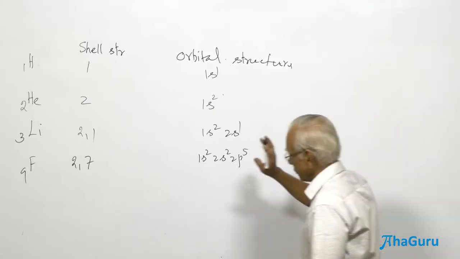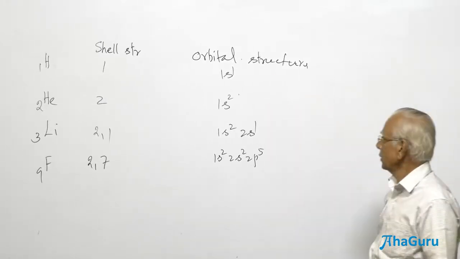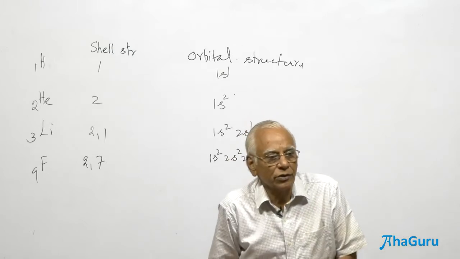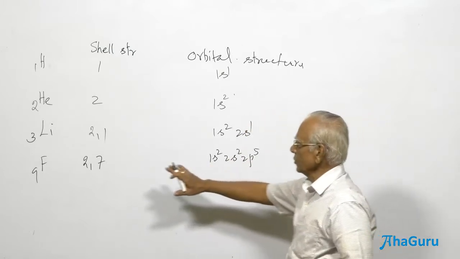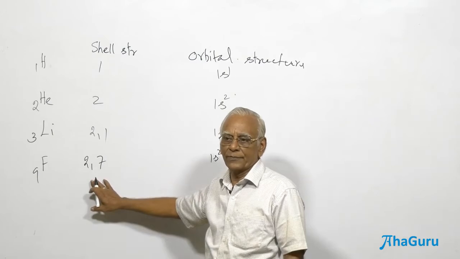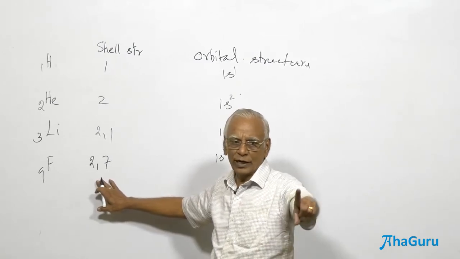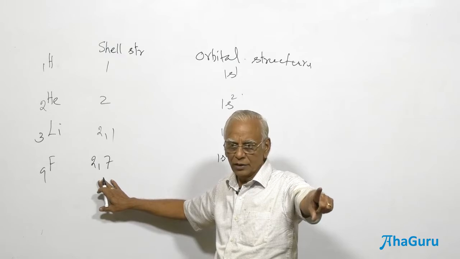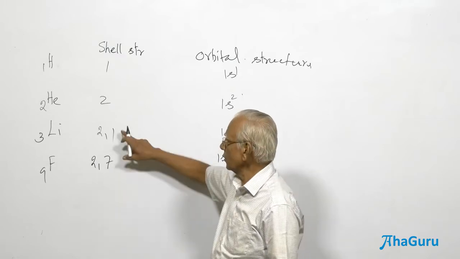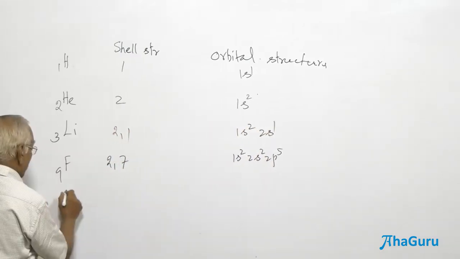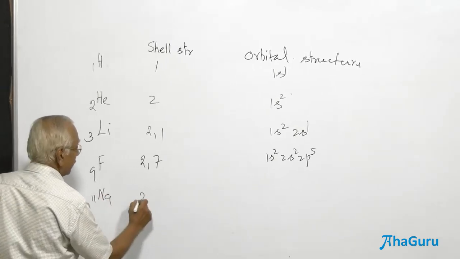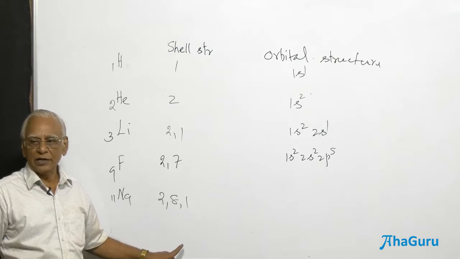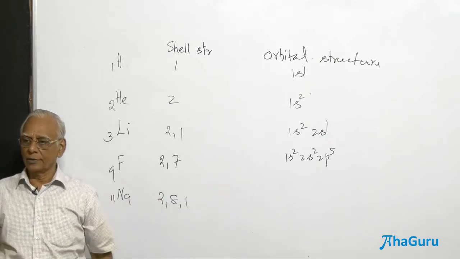Write the electronic configuration. Now, what is the need for orbital structure? I am able to know the valency is 1 in the case of fluorine. Why? Because it requires one more electron to complete the octet configuration, isn't it? In the case of sodium, let me write sodium. Atomic number is 11. Therefore, it is going to be 2, 8, 1. And to get the octet configuration, I have to shed this single electron, isn't it?